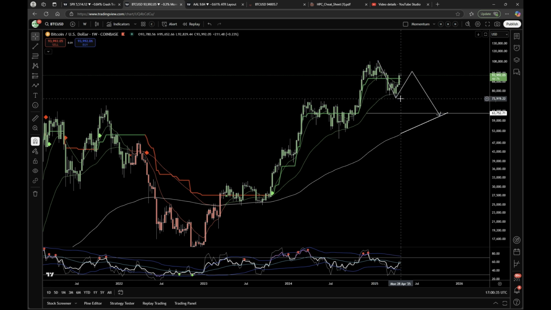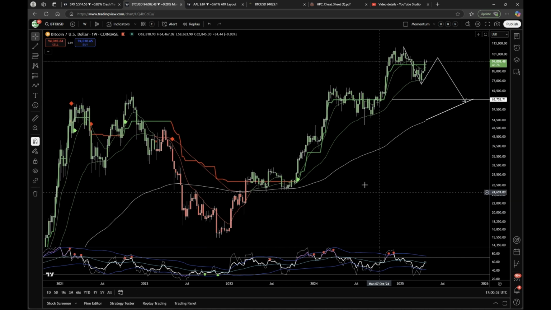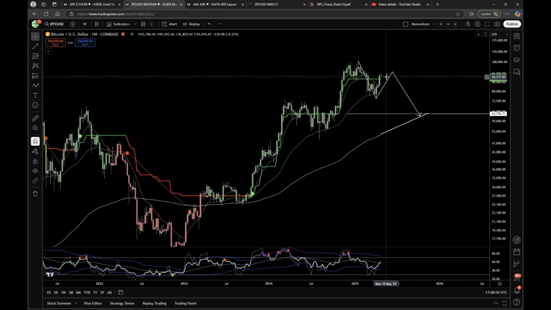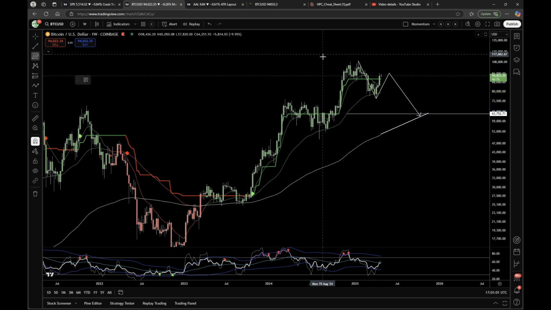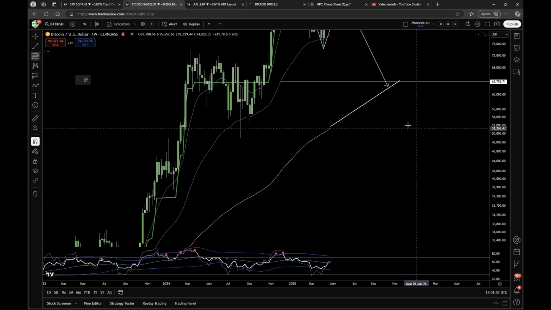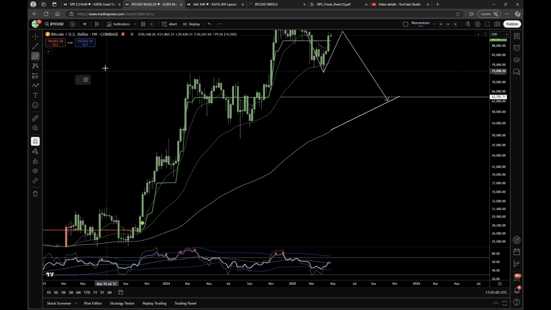This would be a great place, I think, to start looking for relonging, reaccumulation. I told you guys down here, right here at this 50 EMA, get some buying in. We're above that buying range now. Right, we're above our EMAs, so the sales are off. Sales were on here. Sales were on here. Sales were on here. Now we're in sales off territory as we're above it. So our three scenarios are: we fail the high, we come down, zoom in a little, not that much,